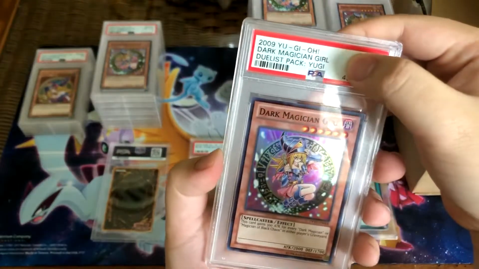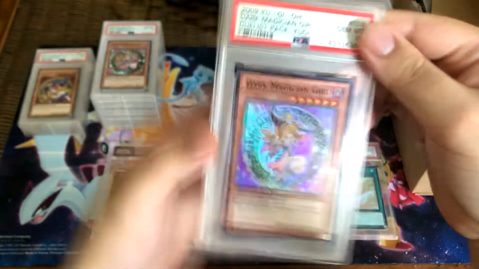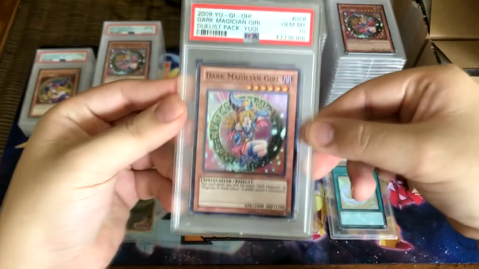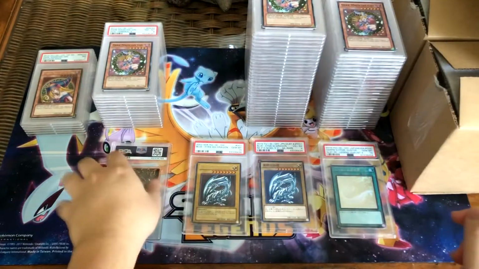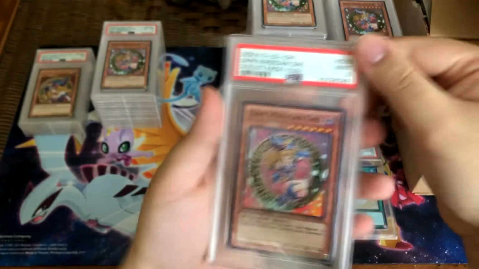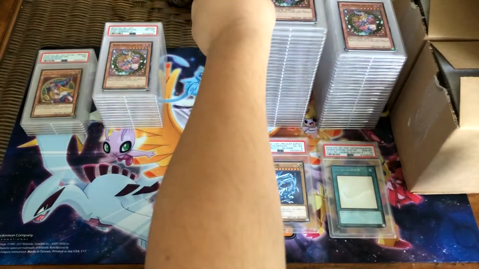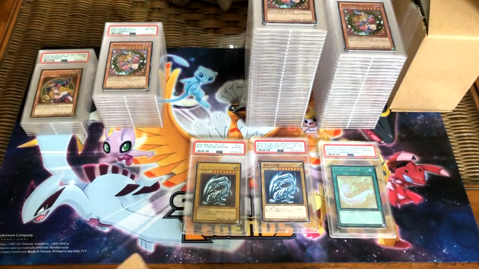So this is a Dark Magician Girl from Duelist Pack Yugi, and nice, a Gem Mint 10. Really happy about that. Needed that. I only have a few of those cards, so really happy to get the Gem Mint 10 on that. And then here's another one from Duelist Pack Yugi, and it got a Mint 9. So that's not bad. I think I already have a Mint 9 of that, so doesn't mean too much, but